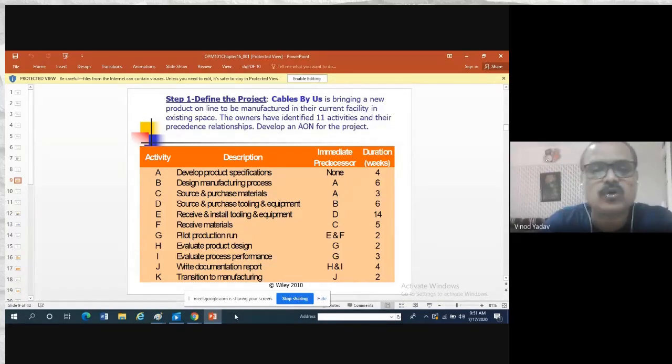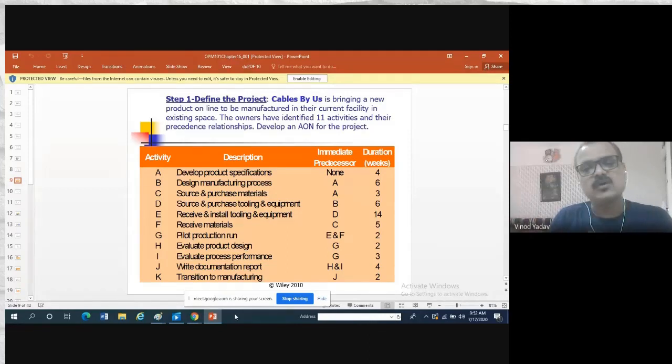Then write document report. So this is done. Now we will say that our product is performed, whatever process we have completed. Whenever we say write documentation report, it does not mean that you will start writing your report at that point. Whatever activities you have done from A to H, you must be having some documental proof for those activities. Now those things we have to rearrange in the format of a report. That is what we call write document report.